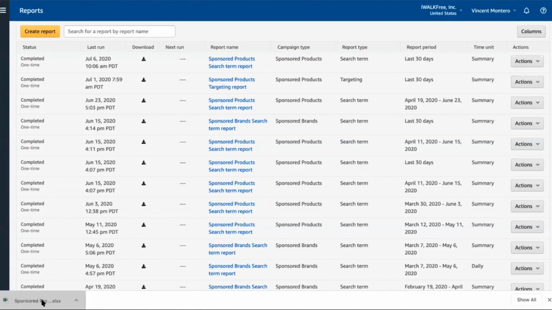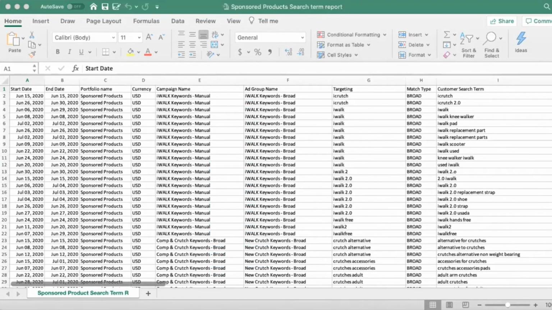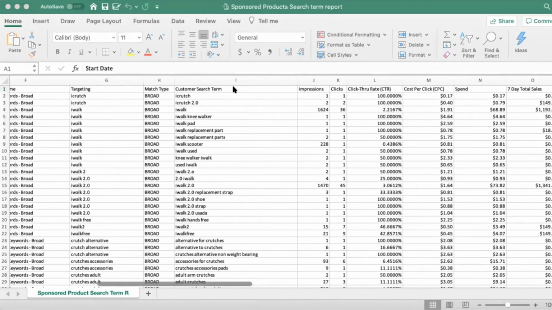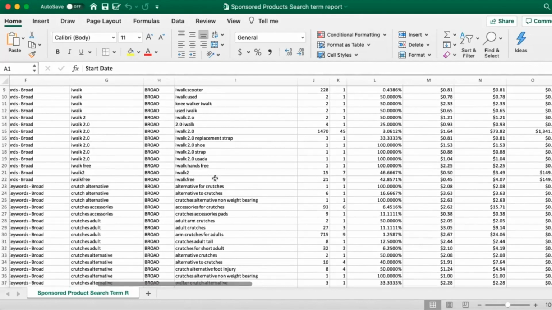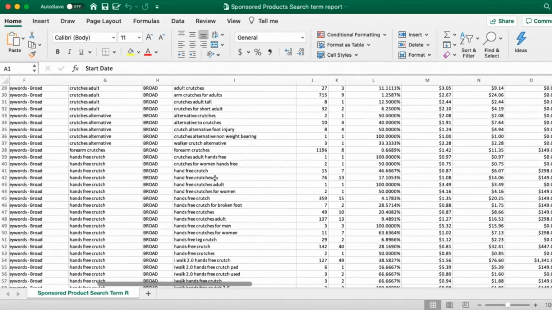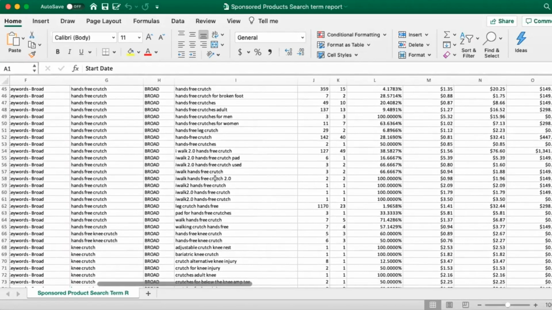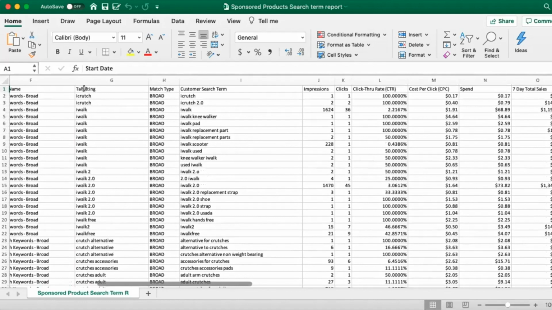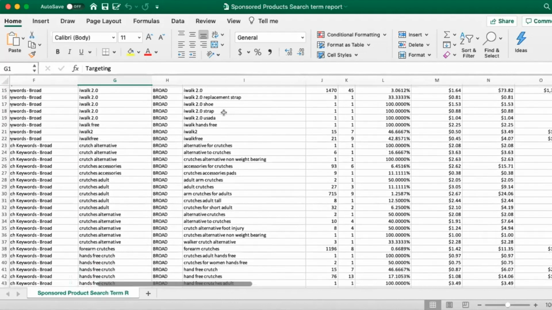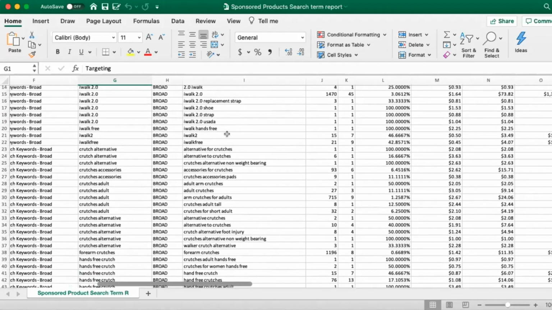And typically what users are going to do, once you open the search term report that you've downloaded, you're going to want to look at the results of these search terms. You can see at the top here, customer search term. So this is all the things that users have entered in the search bar in Amazon. And then you can see that targeting is the keyword actually. So you can see sometimes that what a user enters isn't necessarily the same thing that Amazon connects.